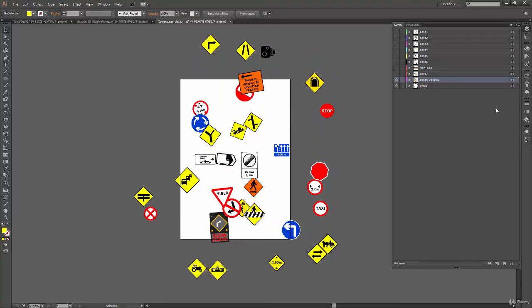Okay, now let's see some of the options. How can we create and delete a layer? If you want to create a new layer, you have this icon here which says create new layer. So just click on this and it will create a new layer for you. Now if you want to draw something in this layer, you have to select this layer first and then draw your shapes, and you have all your shapes inside this layer.